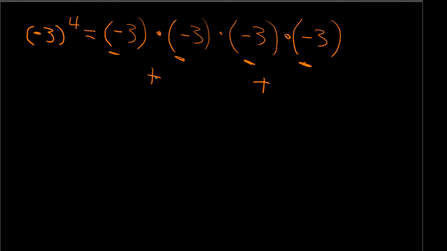And a positive times a positive will be positive. And that's why we have to have the parentheses here. If we don't have the parentheses, the exponent is attached to the number, not the sign. But in this case, because I have 1, 2, 3, 4 negative signs, I'm going to have a positive answer. So this ends up equaling the positive value of 3 to the 4th,